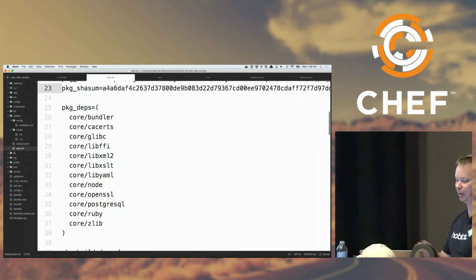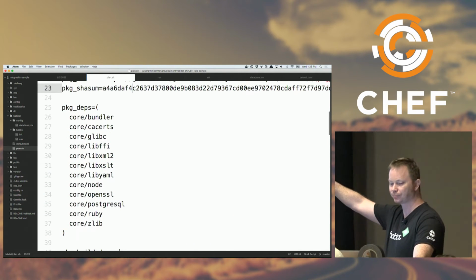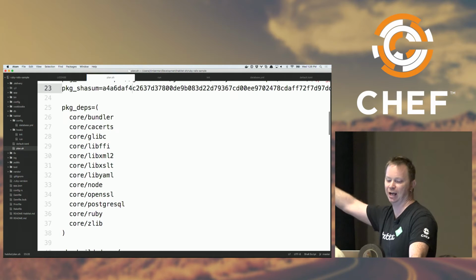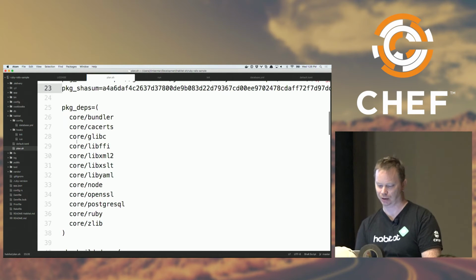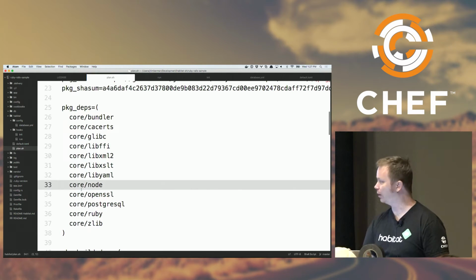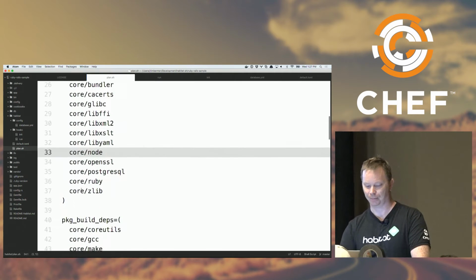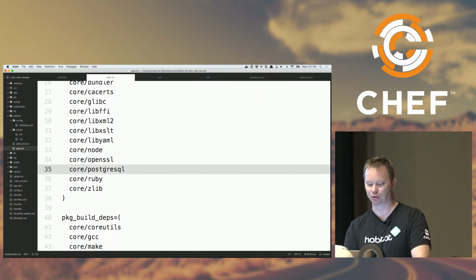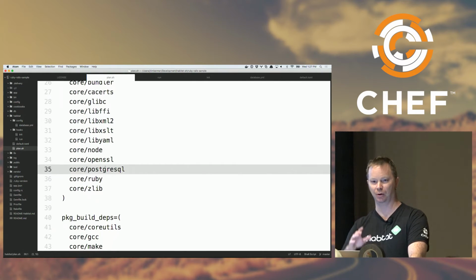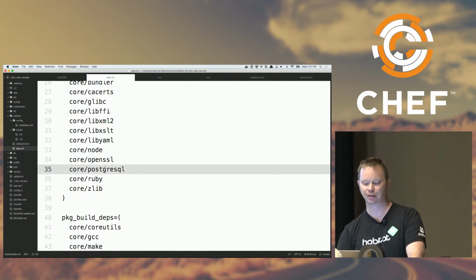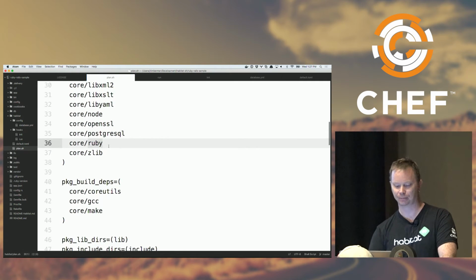I define all my dependencies as a bash array. So it needs bundler and CA certs, and it also needs Node. I don't know why you need Node to run a Rails app, but I'm not going to judge, it's cool. This application uses Postgres, so it needs Postgres in order to have the Postgres client libraries. And of course, it needs Ruby.